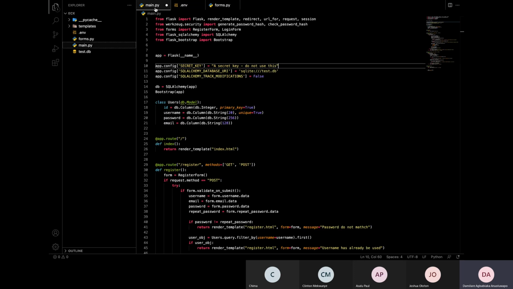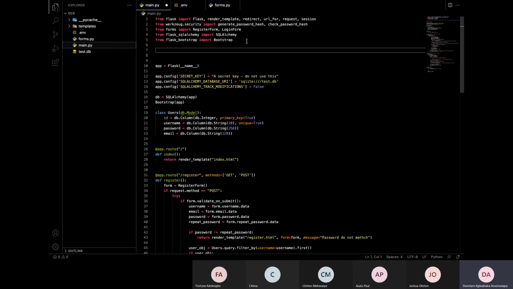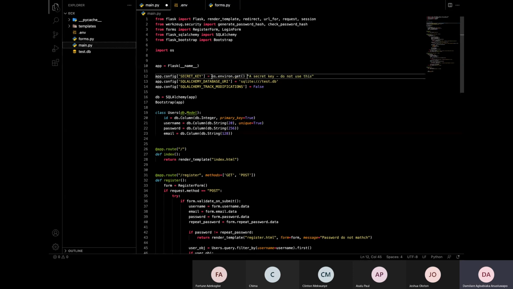So we can then come here. The easiest way to do it, I'll usually use config or .env, but then I'll have to go and install that using pip. So to just make it easy, we can just do import os. Then easily, instead of using this, we use the get method. So basically what this does